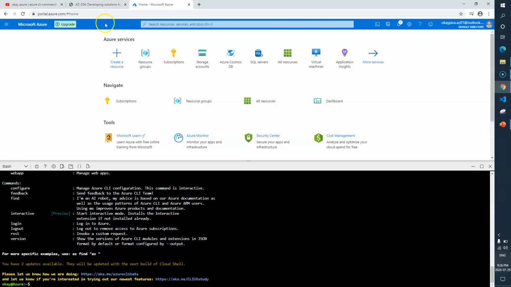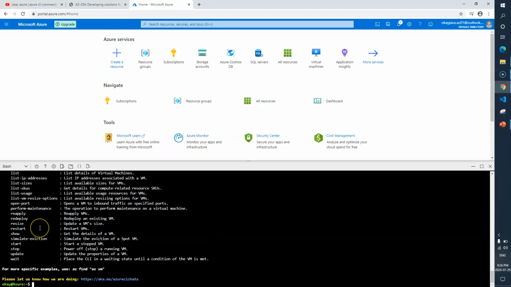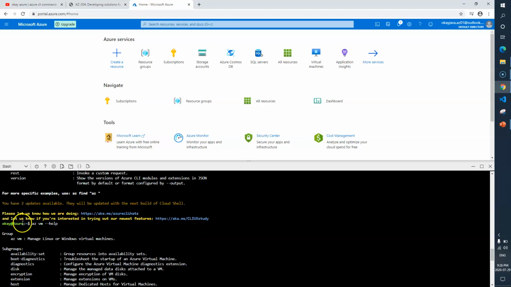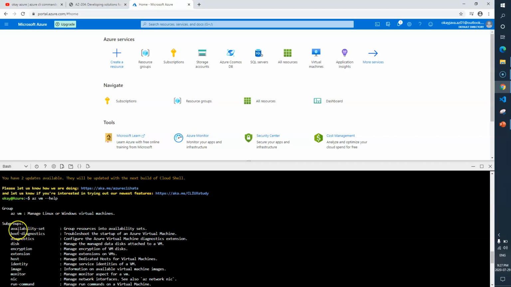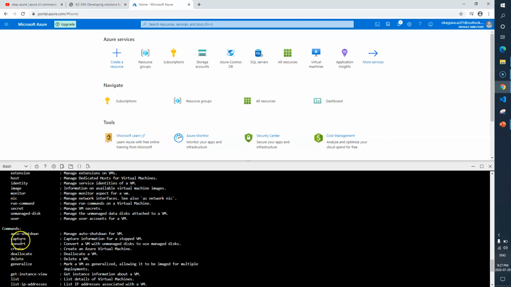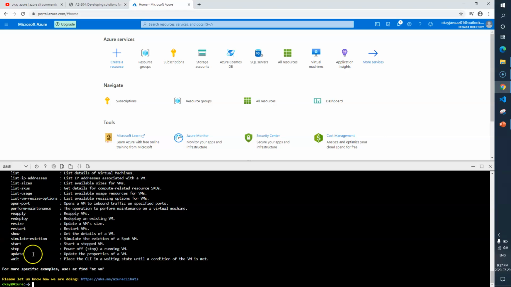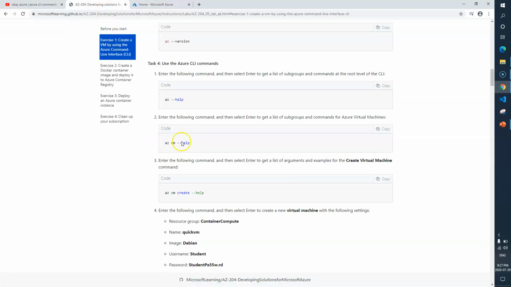Now, the next command is az vm --help. It will give you all the commands that you can work with the virtual machine. So you see here, with the virtual machine you can set up availability set, diagnostics, disk, encryption, image, capture, convert, create, list, start, stop, a lot more. You can go through these many options or commands.